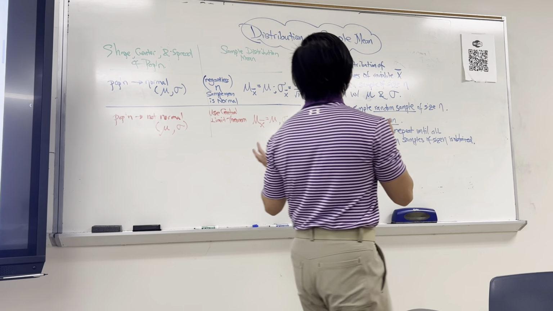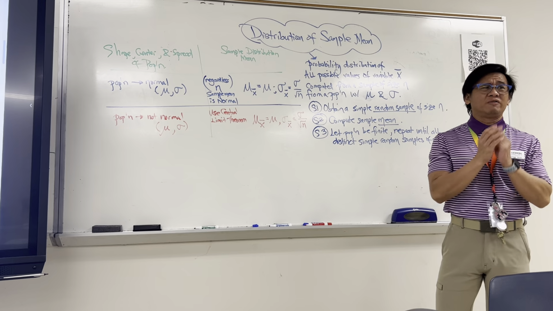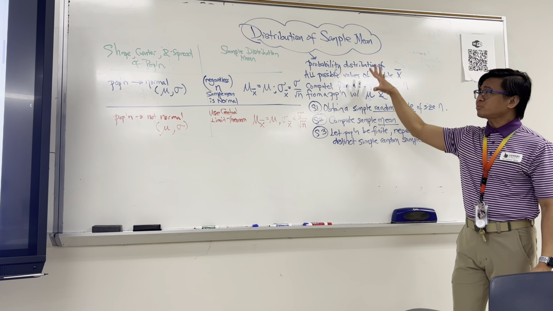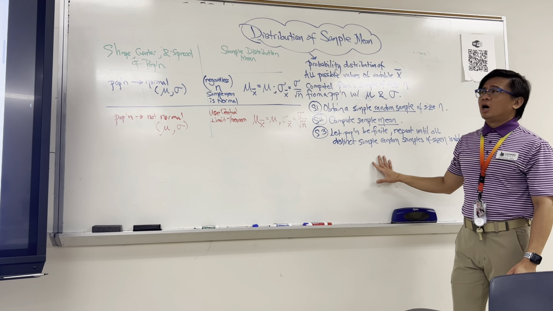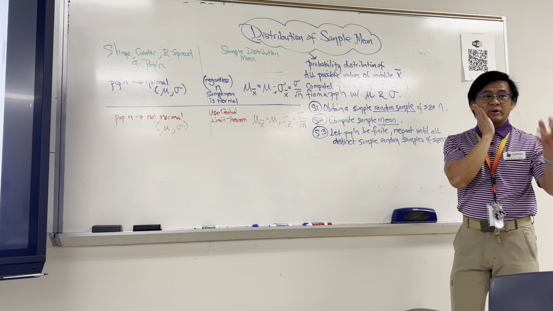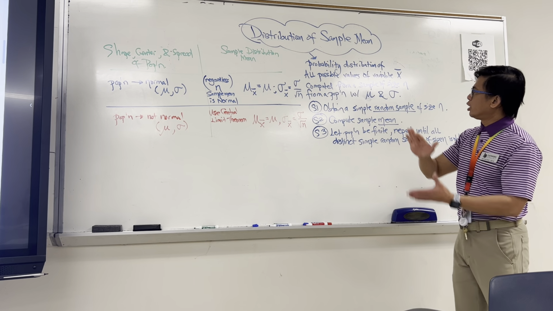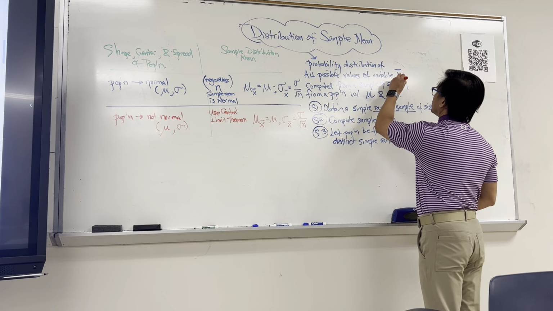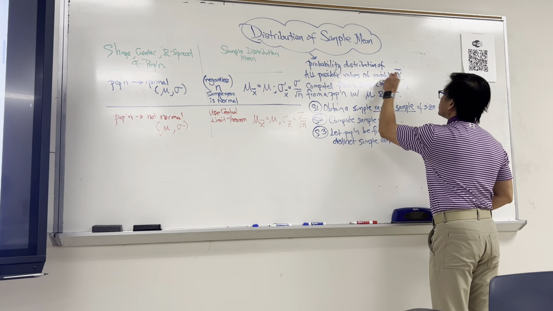Thank you. Let's consider what we mean by, okay, first of all, what is a distribution of sample mean? Well, let's read this definition first and the steps for how to get a distribution of sample mean, all right? Andrew, go ahead, please. Probability distribution of all possible values of variable x computed from sample size of n from a